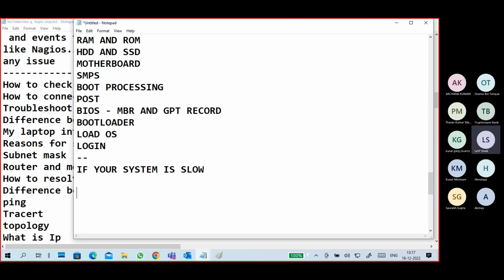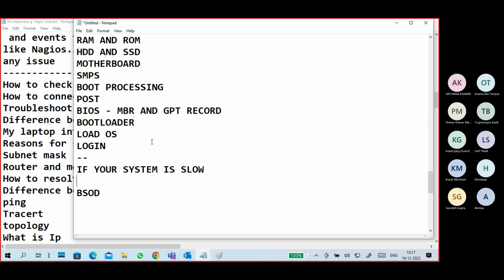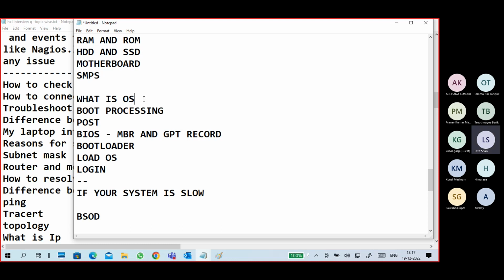Next, what is an operating system? That much you don't know. So common question again, BSOD. Before boot processing, I will tell, what is operating system?